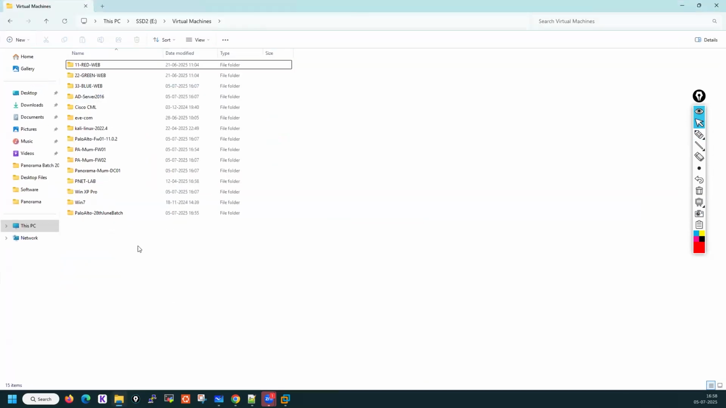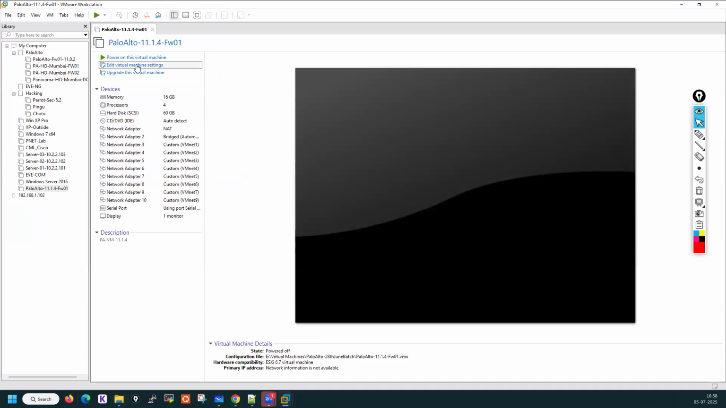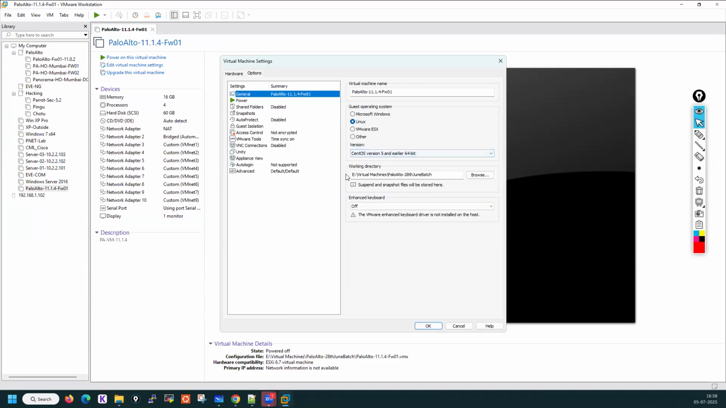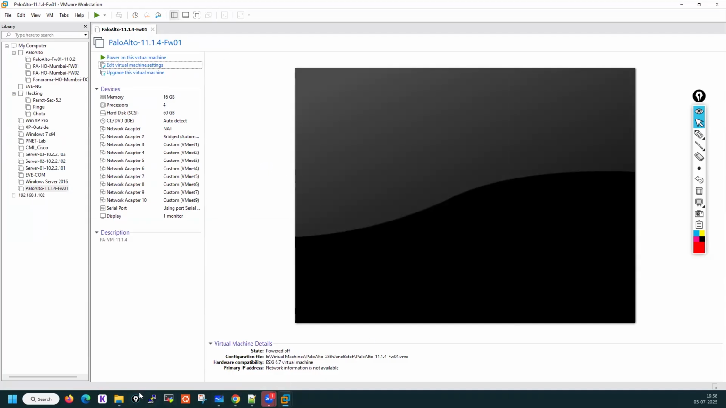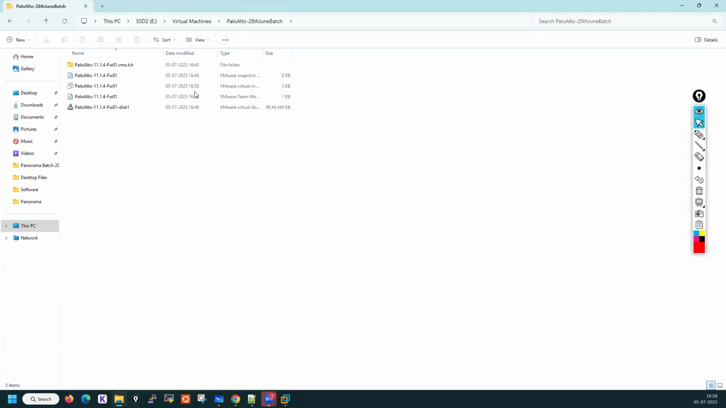To avoid this, what you can do, this is the folder where I have installed this particular Palo Alto Firewall. You can see this folder here. Click on edit virtual machine settings, go into options, and this is the location. So you can go into that same location. It's the same location. Go here, and now